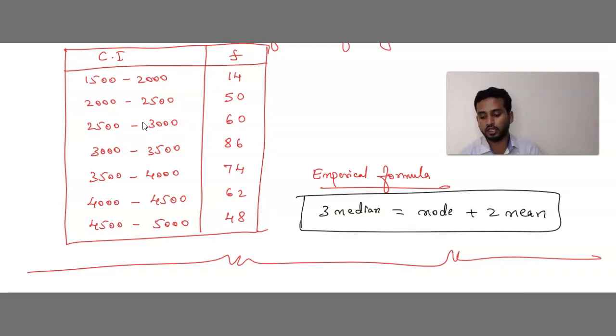Even from this relationship they can ask you a 1 mark question. They may give median and mode and ask you to find the mean, or give mean and mode and ask you to find the median, vice versa. So this relationship you need to remember. I hope you all have understood the chapter statistics.